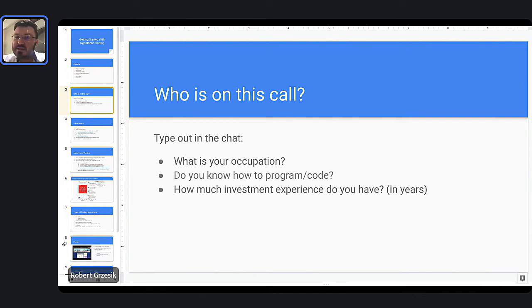So Todd says he's an analyst, very cool. Yes, he knows how to program, very cool, and knows some SQL and Visual Basic, perfect. So I'm assuming it's a financial analyst. And if you know some SQL and Visual Basic, that's going to make things a lot easier for you to learn all this stuff. That's amazing. And investment experience, 20 years. That's very, very good. Clearly, you have quite a bit of finance experience.